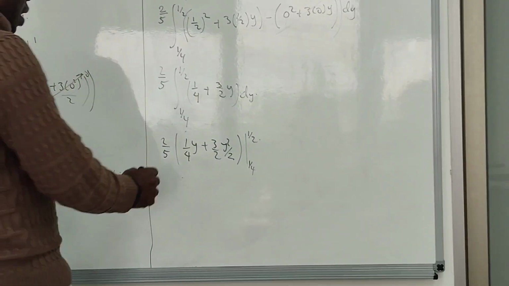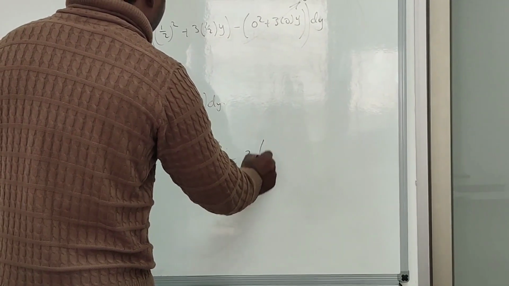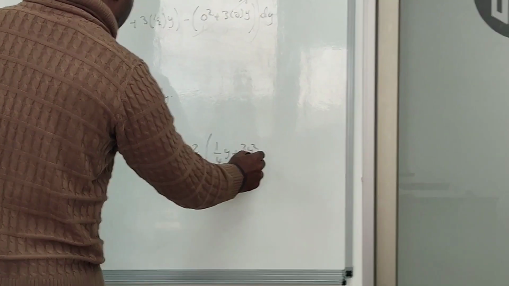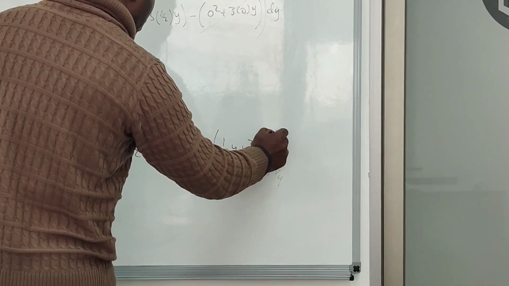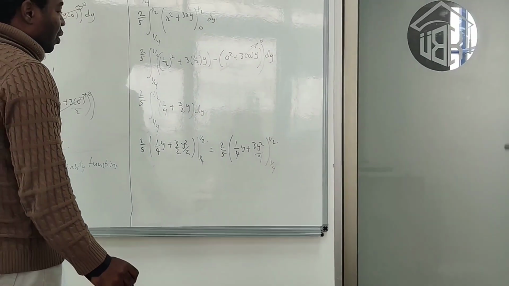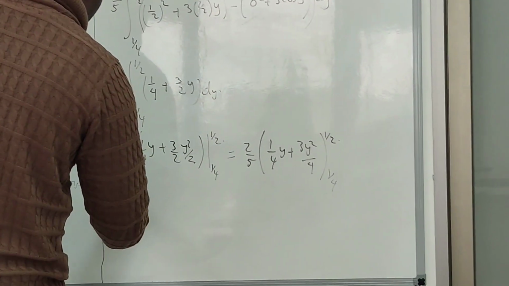Here this can be written as 2 over 5 into bracket 1 over 4 y plus 3y squared over 4, from 1 over 4 to 1 over 2. So we can consider now the limits of integration. If you consider now the limits of integration, we have 2 over